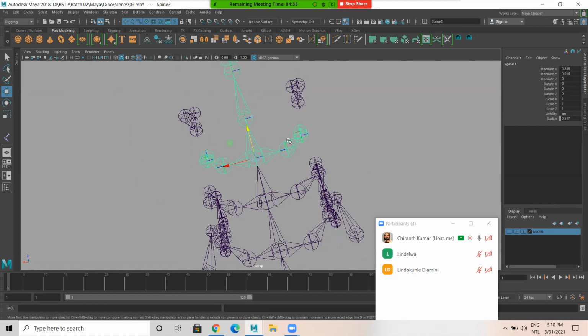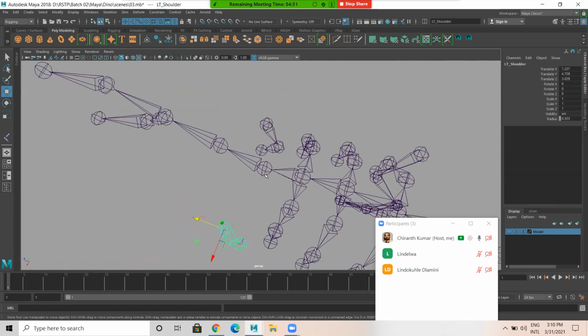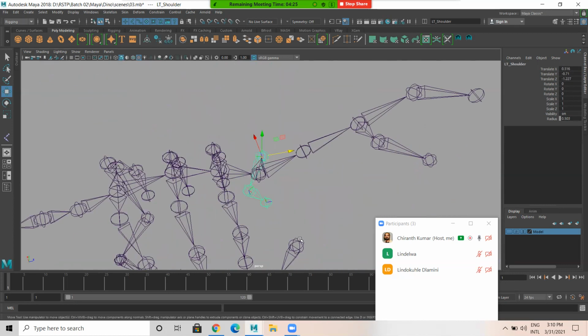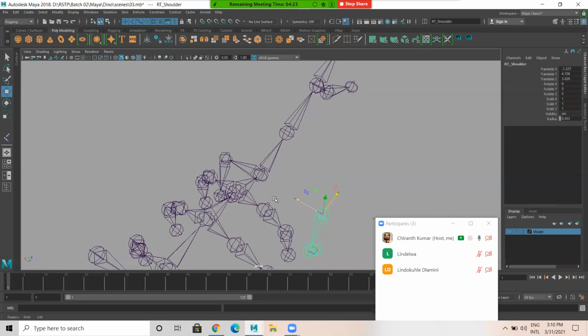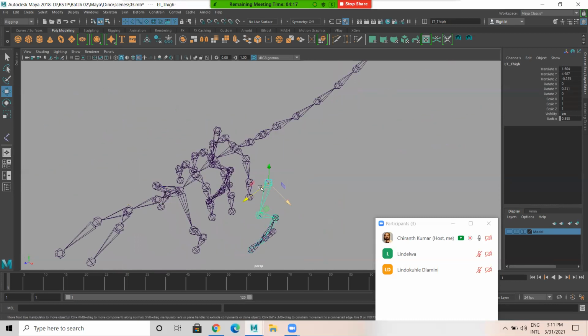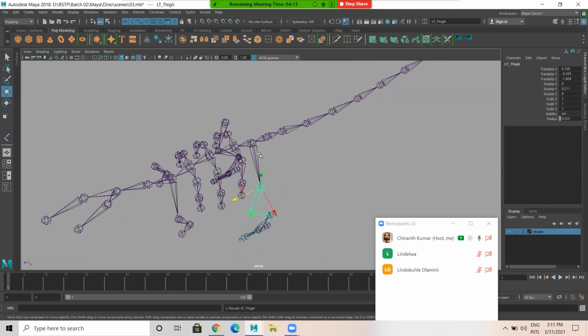So when I select this, it gets joined. Now select this leg, shoulder part, and select this, P. Similarly select this and select this, P. Now similarly the leg part, select this and this, P for parenting.